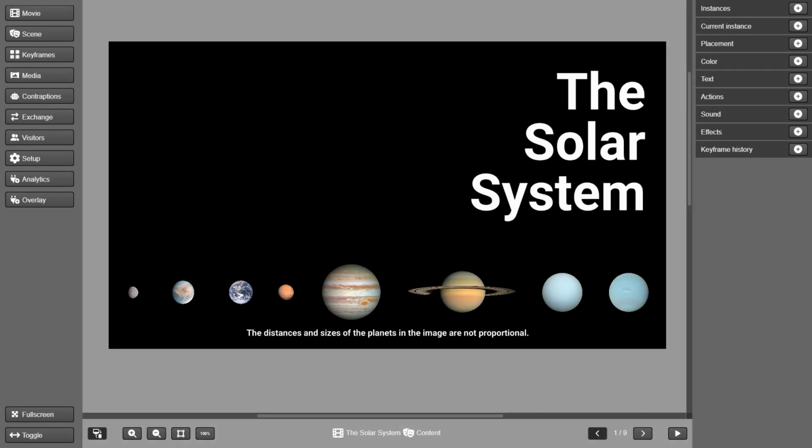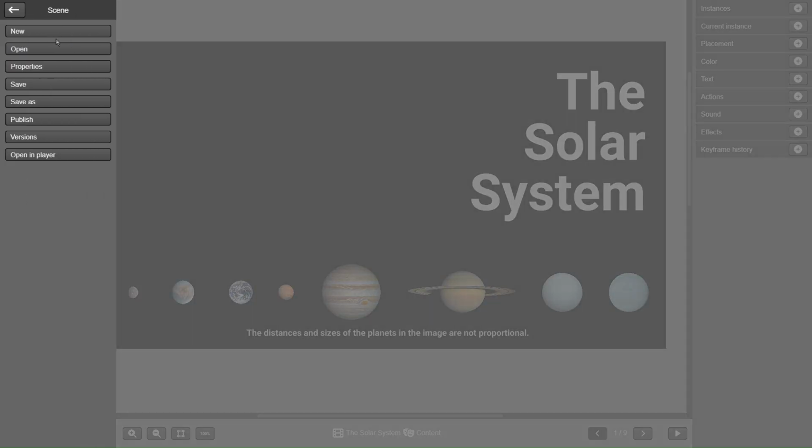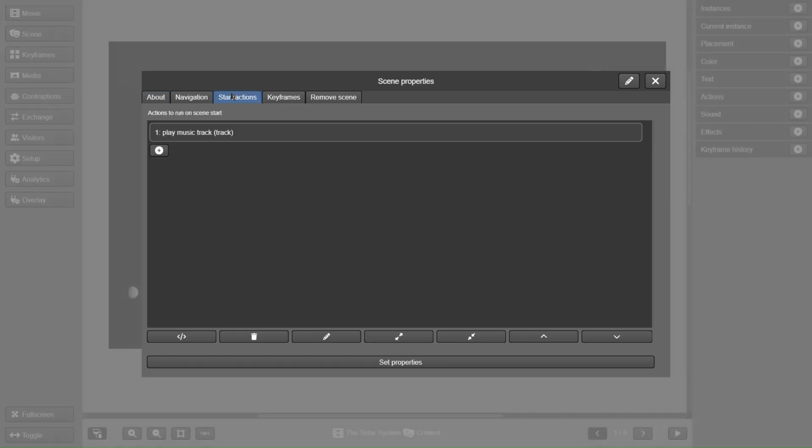Now, another thing to remember about Tealbussy. The software uses standard web technologies to display content, so it is subject to browser security and usability settings. One of these issues prevents us from playing audio and video before user interaction. Remember when we set the music track to play at the beginning of our content scene? If our creation starts at this point, the audio will not play. It will require interaction with the content first.